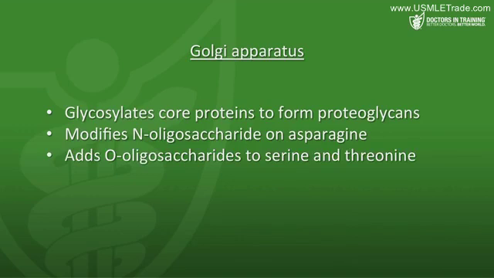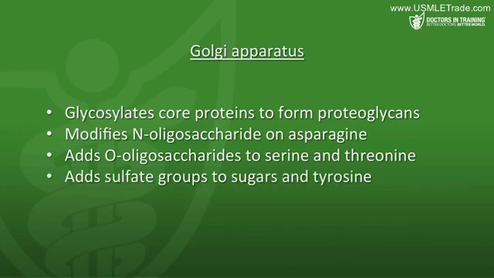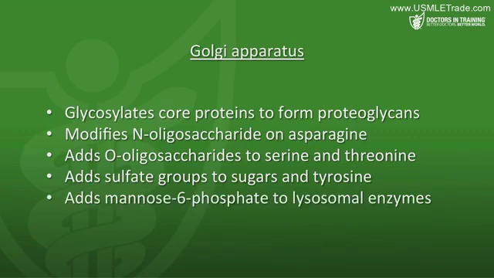residues. So again, which amino acids can be modified by the Golgi? Asparagine, serine, and threonine. Make sure you know those. The Golgi also adds sulfate groups to sugars in proteoglycans and to selected tyrosine residues on proteins, and we call this sulfation. And then the last modification that I really want you to know is to add mannose-6-phosphate to specific